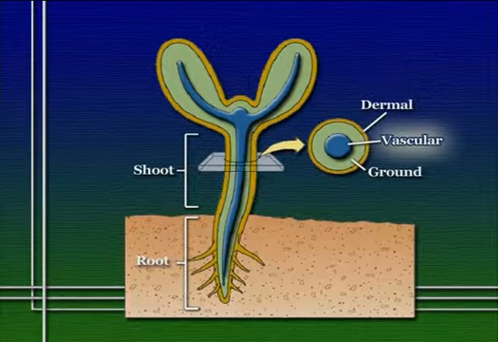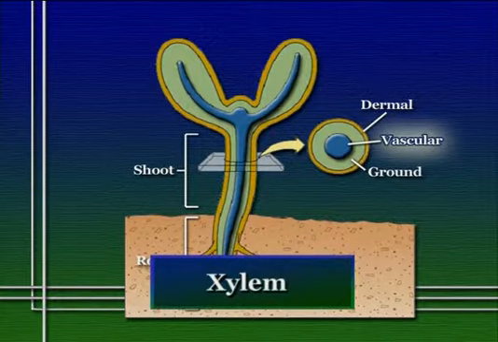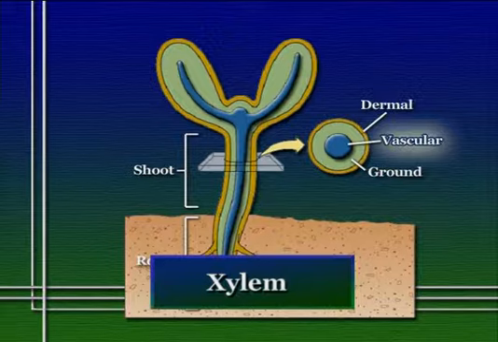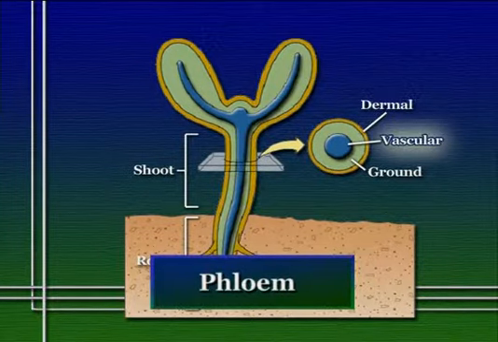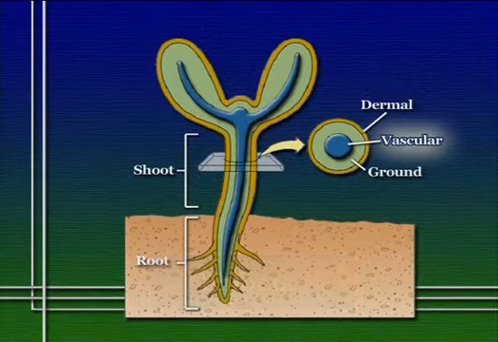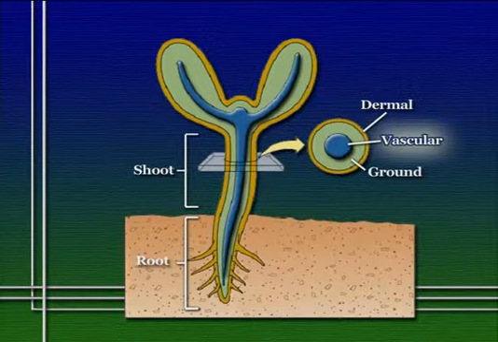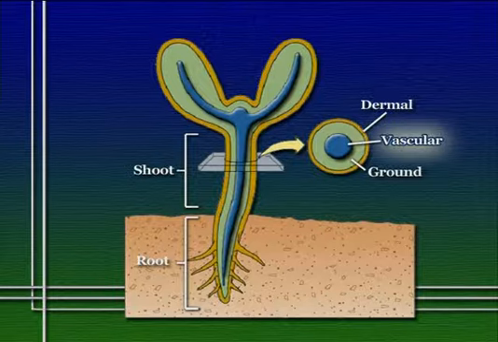One of these tissues is called xylem, and it's specialized to transport water along the length of the plant, primarily from the roots up through the rest of the shoot system. And the other vascular tissue is called phloem. Phloem is responsible for transporting sugars and other materials manufactured by the plant, largely from the leaves down to storage areas in the rest of the plant or into the roots. In this sense, vascular tissue, as its name suggests, is sort of a plumbing system for the plant, roughly analogous to the function of the circulatory system in animals.